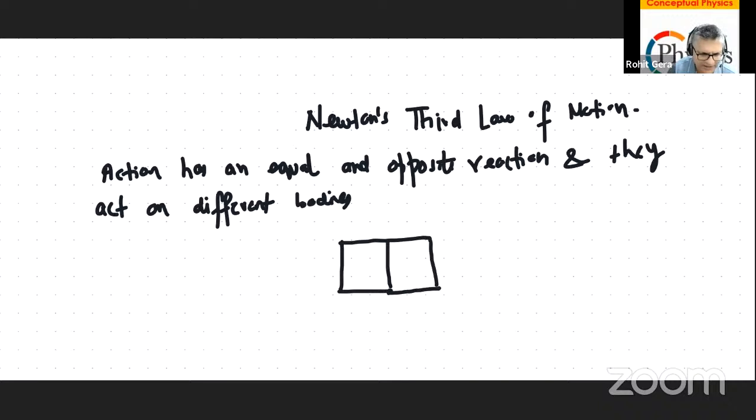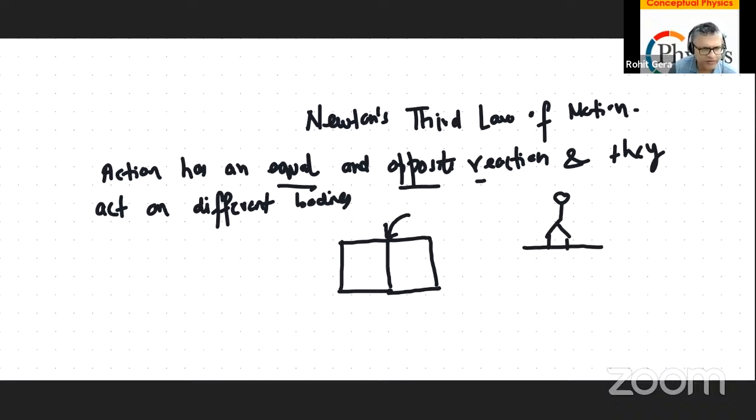they need to have contact between them. That is the first condition. They have a contact, which means a man is standing on the ground. He needs to have a contact with the ground. So the force we are referring to, the equal and opposite reaction, needs two bodies to be in contact of each other. Once they are in contact of each other, if you apply a force, for example, you apply a